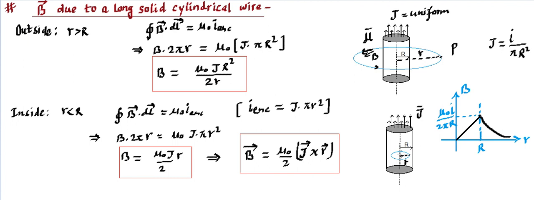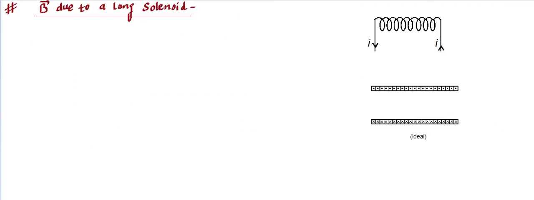That means as we move away from the central axis, you'll find more current comes in, and that will increase the magnitude of the magnetic field. So this graph is again important in order to find the magnetic field. If you remember this graph, or you remember these formulas, both will help you solve several questions. Let's move ahead.